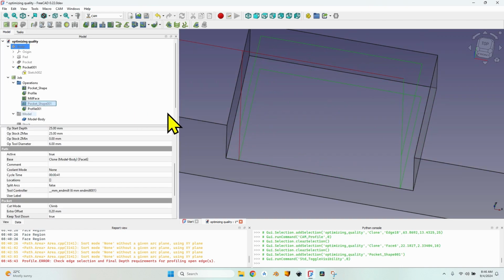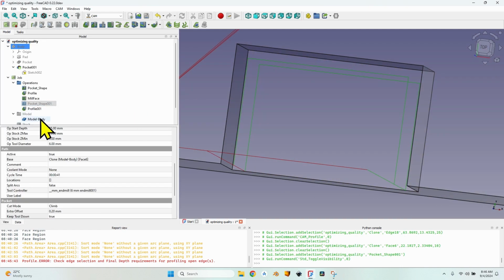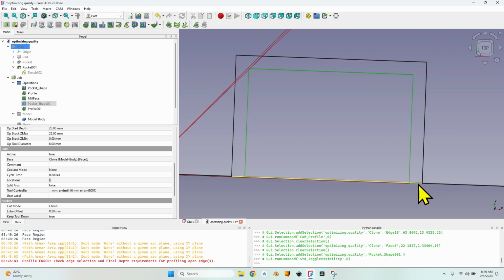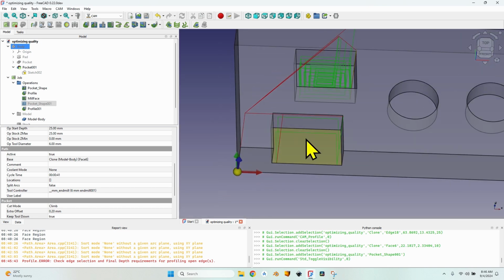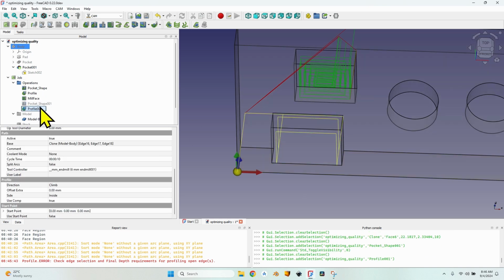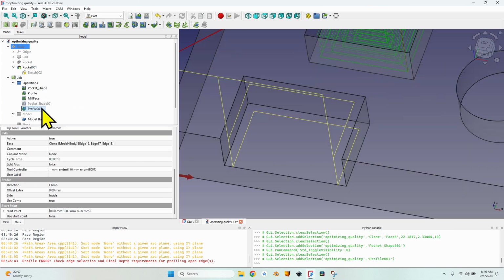Now let's hide the pocket a little bit, and you can see that the profile by default cuts all the way from the corner, so it's not necessary to set up the extensions anymore because it will result in a lot of useless cutting all over this edge, moving farther away from the body, so that's useless. If I'm using the profile finish, setting the extensions has no point. What's important about setting the profile operation for this kind of pockets, for open side pockets, is that you have